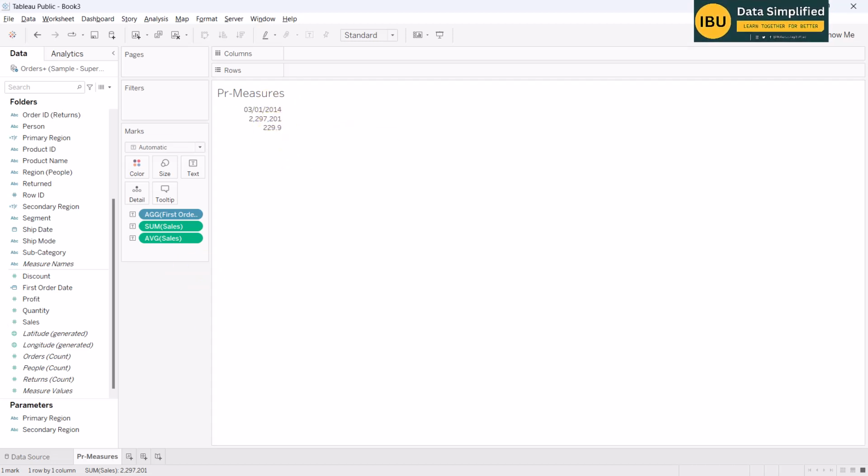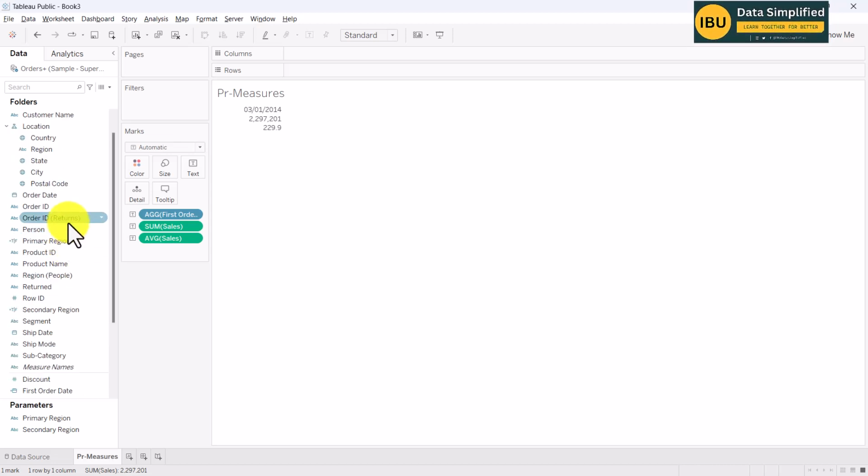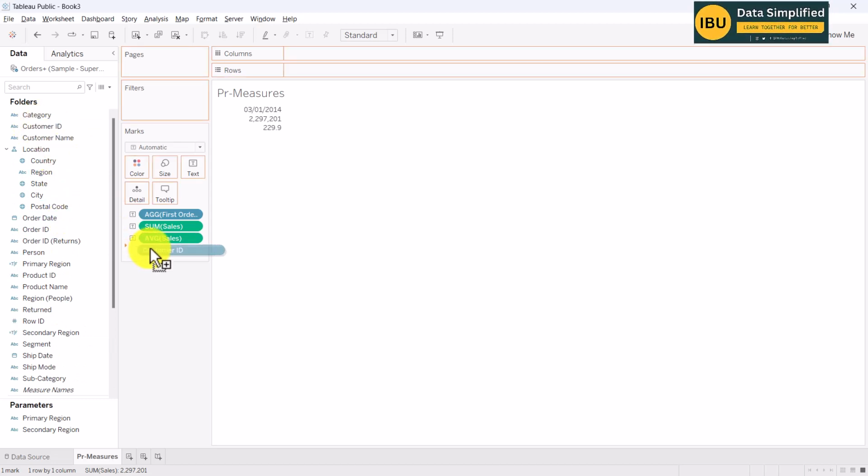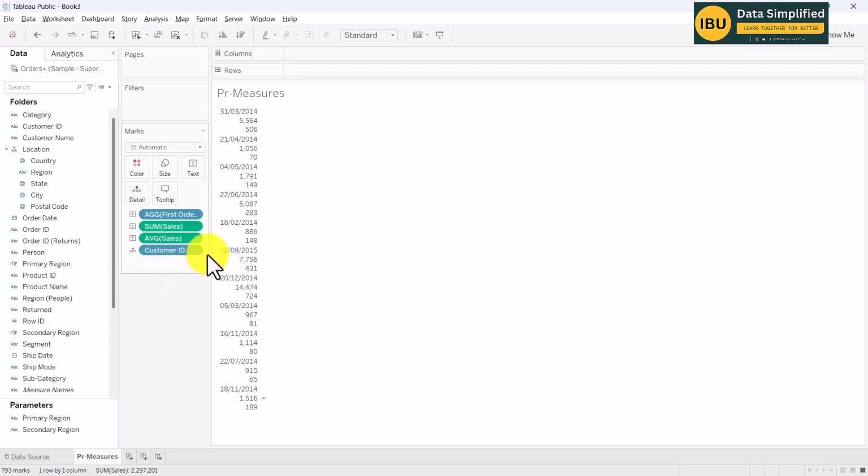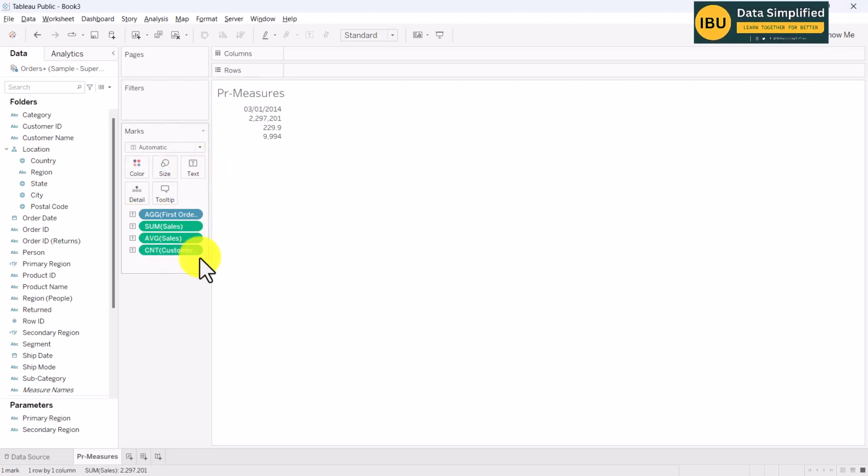Then the next one is the number of customers. How can you get the number of customers? We will get the customer ID. Where is the customer ID? This is the customer ID. I'm going to take the customer ID as a measure, choose count, and put it on the text. So average sales, sum of sales, average sales, customer ID. Next is